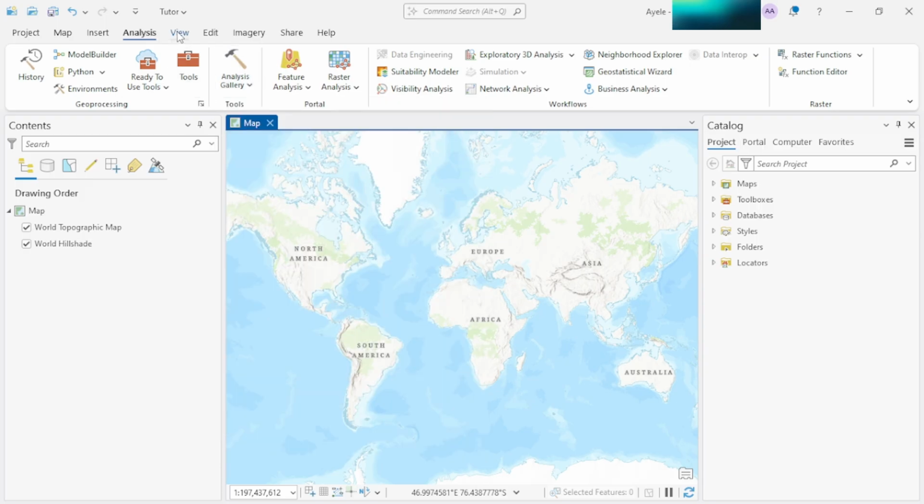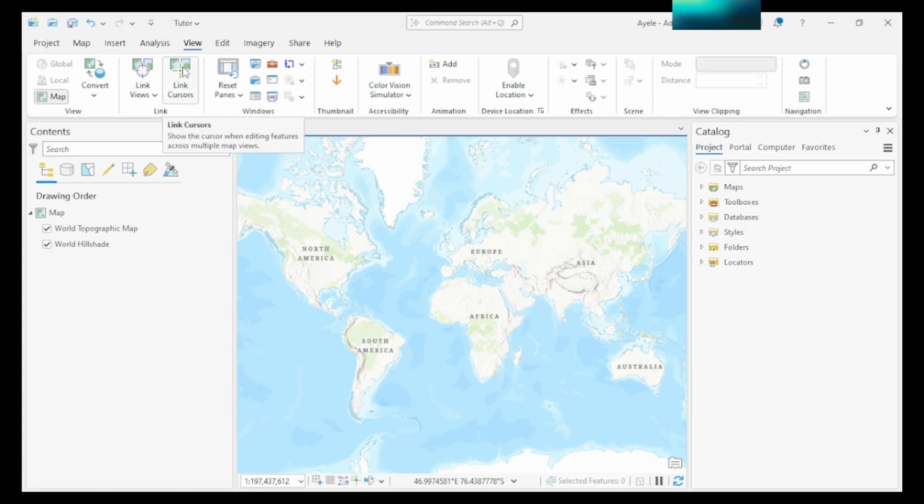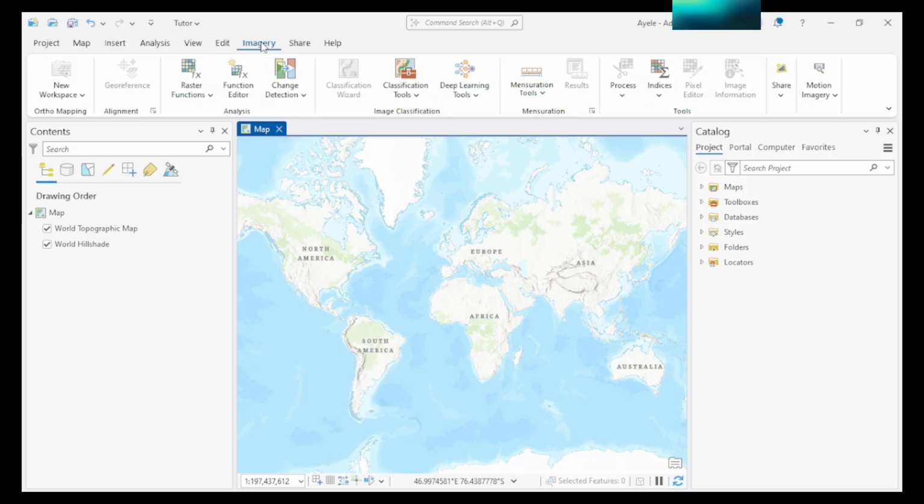And now let me check what there is in the view menu bar. So here: map, convert from 2D to 3D, link views, link cursors, reset panels, and many more. You can visualize, edit. You have to edit topology if you have added your data, imagery, or image processing part. Here are many. Under image, you can upload your raster data, here indices,